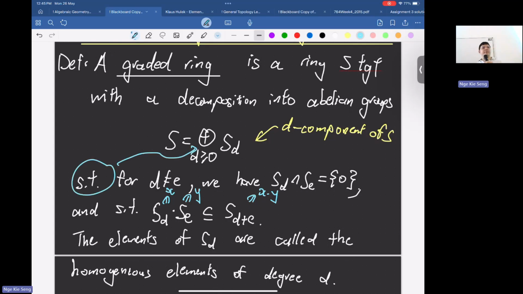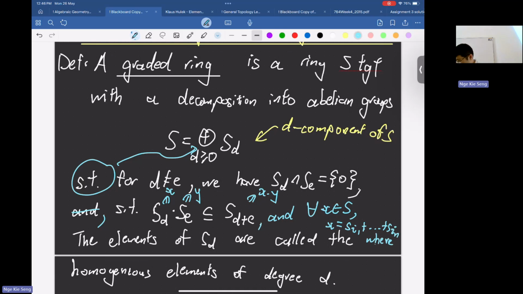So that is defining this direct sum. The direct sum here just says that S_d intersect S_e is 0. Maybe we left off one more thing about the direct sum. For every x in S, x equals x_0 plus x_1 plus and so on. Let me write this differently: x is equal to x_(i0) plus x_(i1) plus up to, let's say, x_(in),